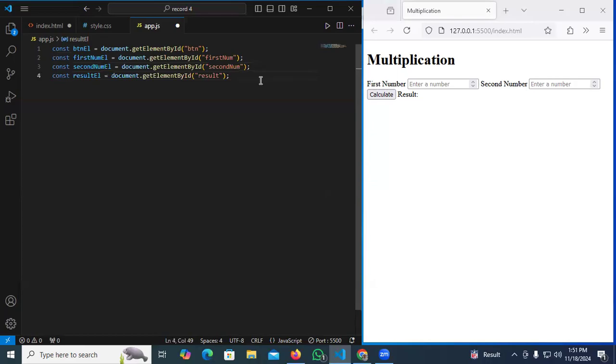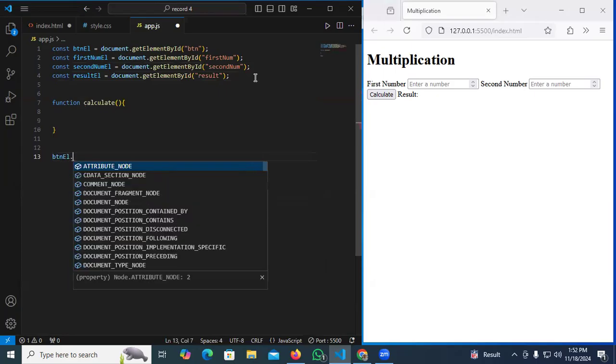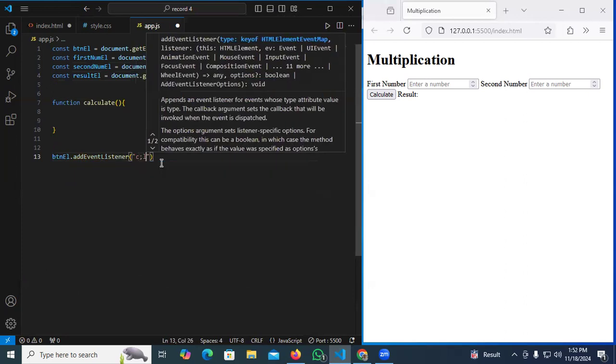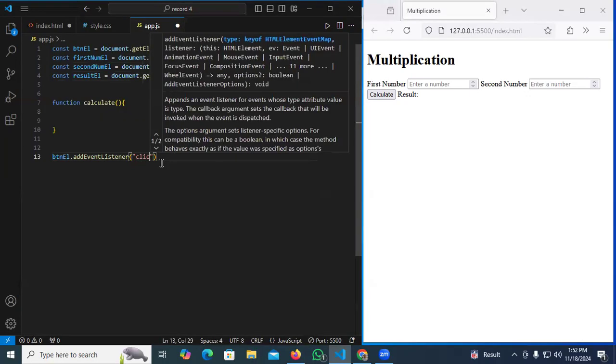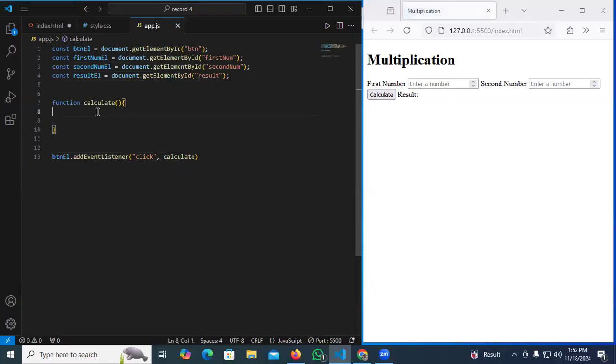Next, we have to create a function. The function is calculate, and it will be called through addEventListener, which will be added with the btnEle dot addEventListener. Whenever we click the button, it will call the calculate function. So in the calculate function, what we have to do,